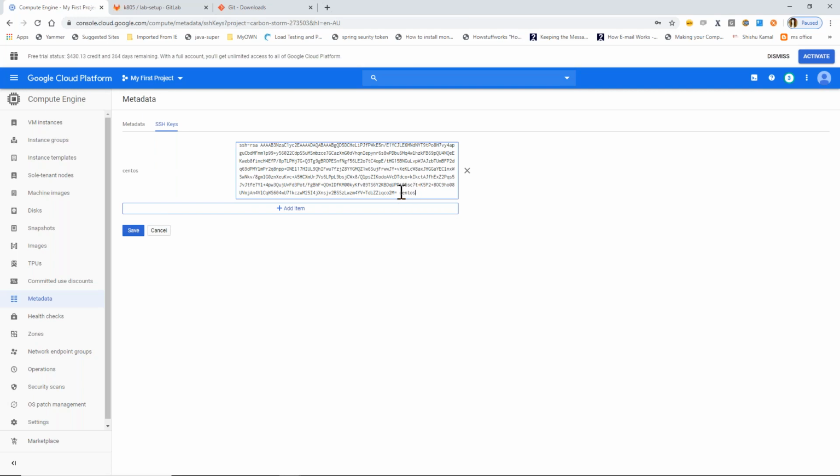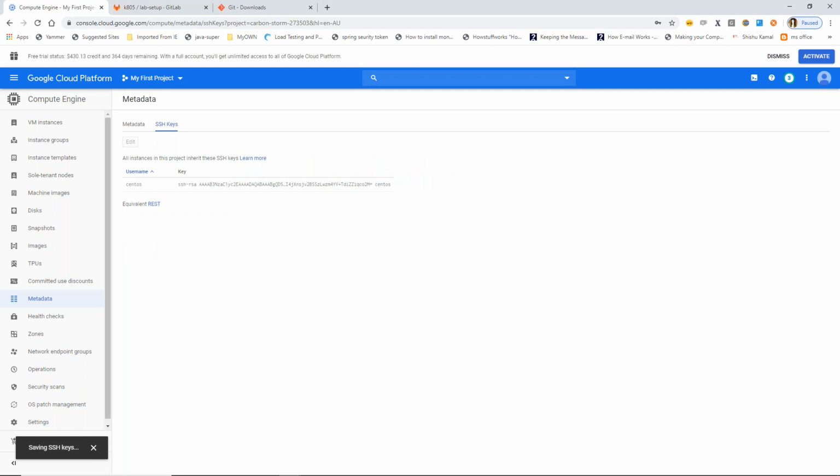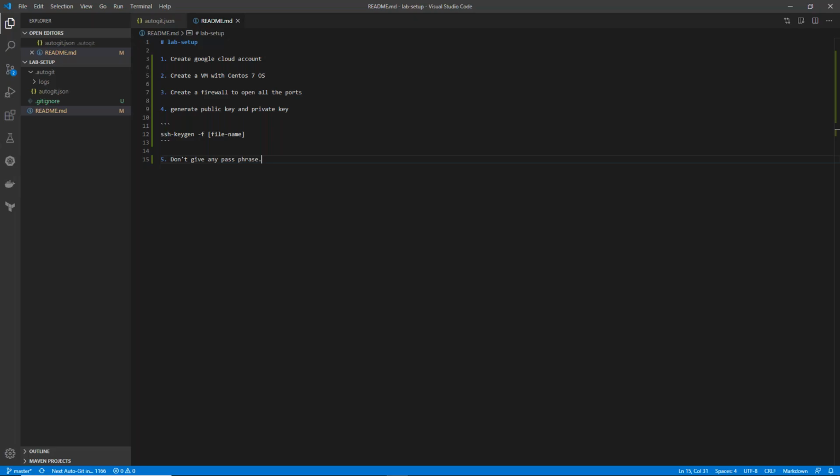Whatever you use here automatically displays here. So for all of your servers, the username is going to be CentOS. Save it, and upload the public key to Google Cloud metadata.